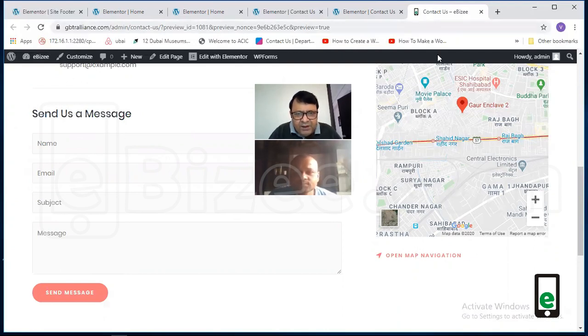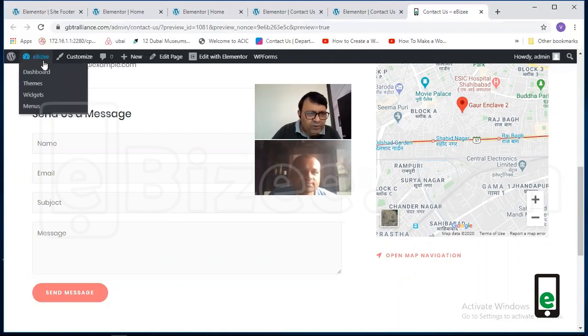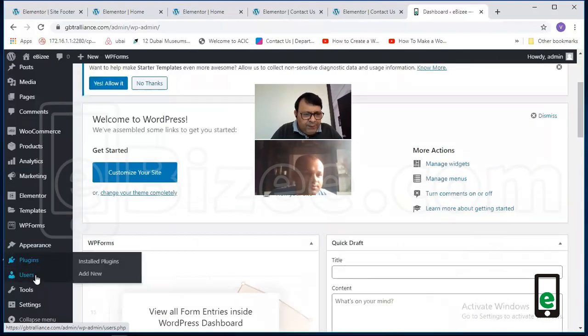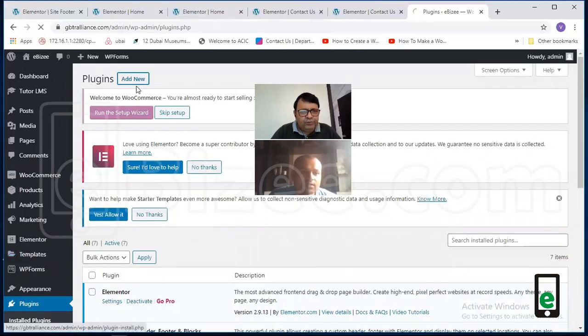If you want to use Ninja form, then you will have to add the plugin Ninja form. The two plugins which are very famous, one is WP forms and second is Ninja form. So this particular website which we have created is using WP forms. So both are okay. How can we add Ninja form? To add Ninja form, we'll go to dashboard, and we will go to the plugin. When we go to the plugin, you press add new.